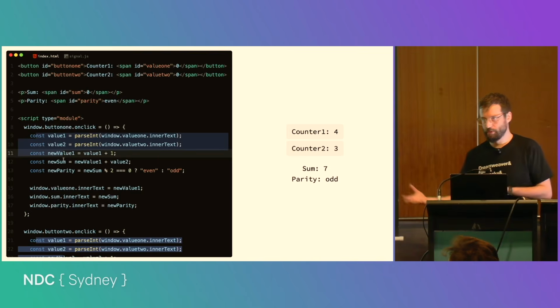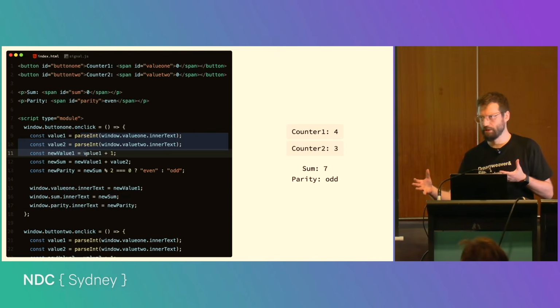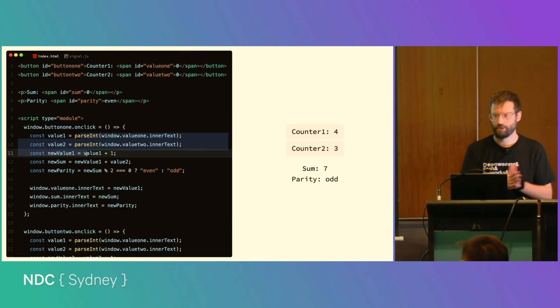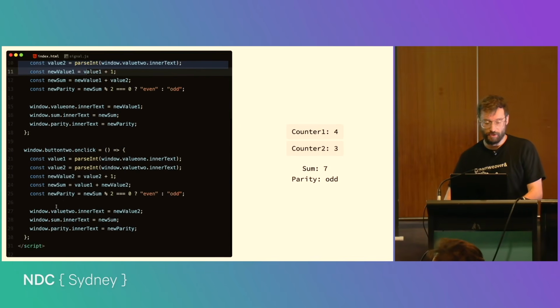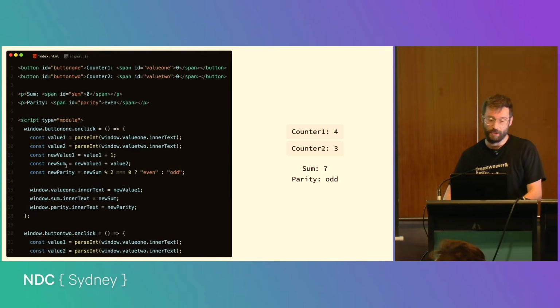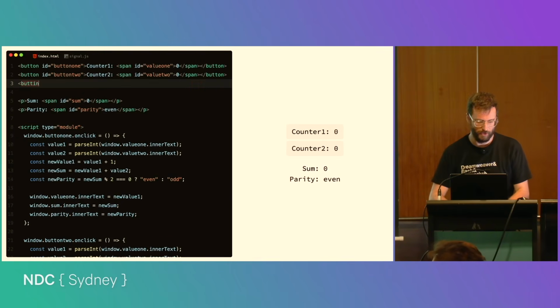We're starting to have a lot of duplicated logic, and we're starting to mix a lot of concerns of, okay, where am I actually declaring my state? Where am I declaring the actions that change the state? Where I'm declaring the effects that should happen whenever the state changes. It's a lot of manual work, and if we add another button, say we want a third button that's increasing both counters,